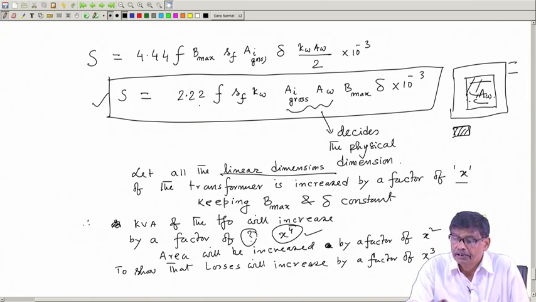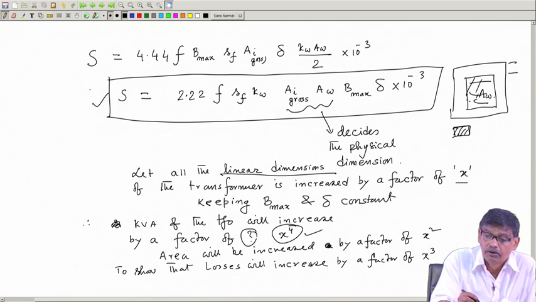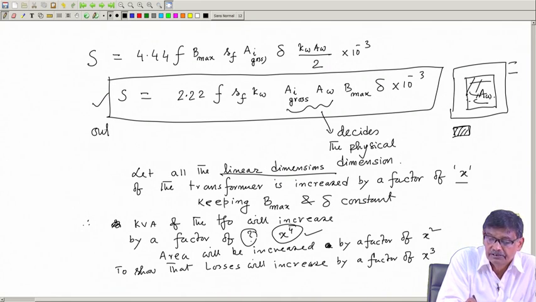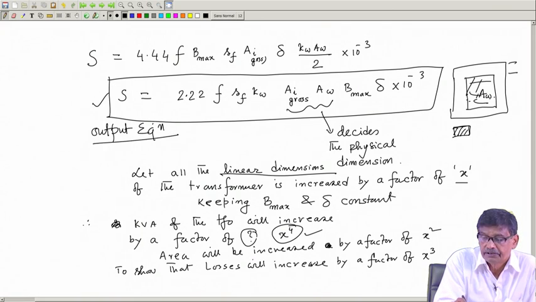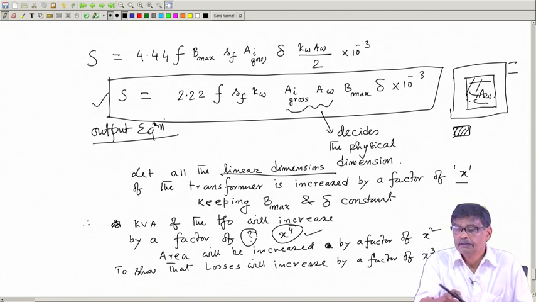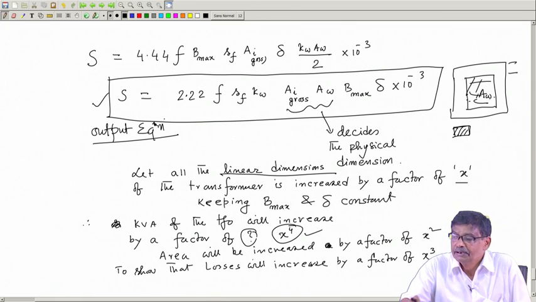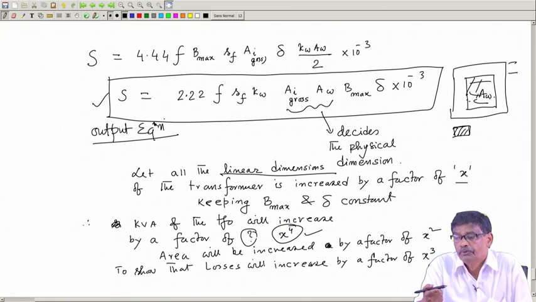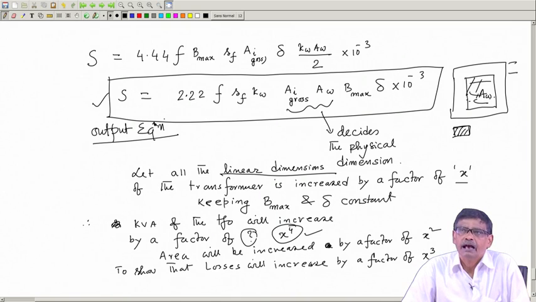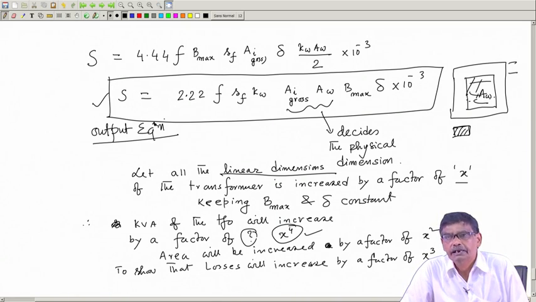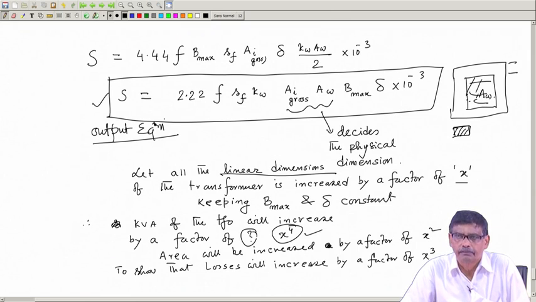However, what I was trying to tell here, this equation is called output equation, mind you, this is the output equation of a transformer. Now, you imagine that these physical dimensions A I, A W, etc., along with the specific magnetic loading and electric loading decide the kVA. Now, imagine I will increase all the linear dimensions by a factor of x, x is suppose greater than 1. Then what will happen is this,